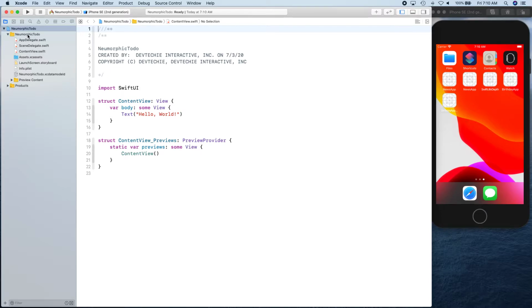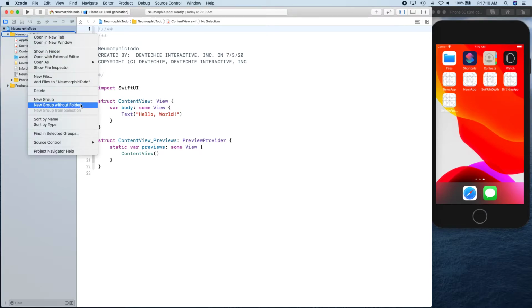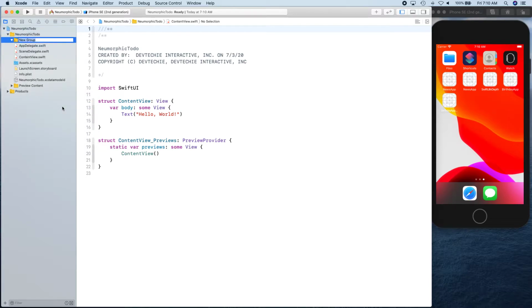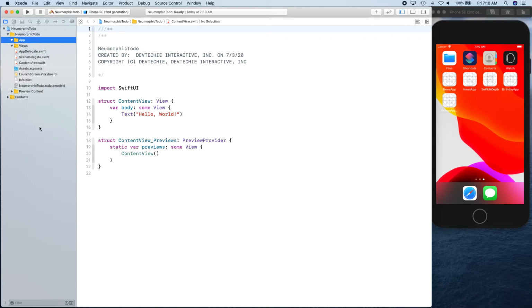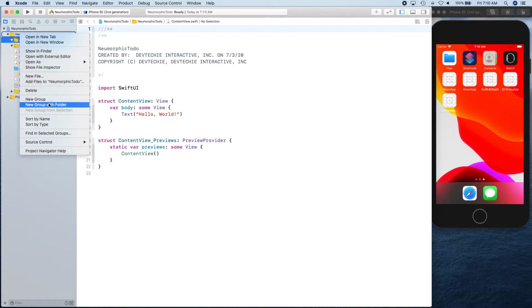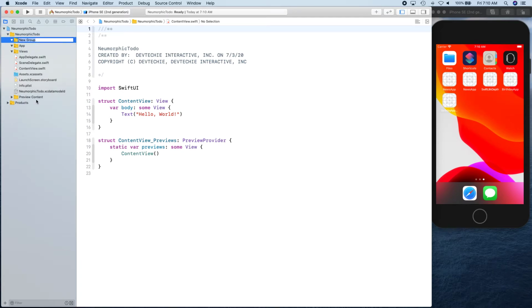So let's go ahead and organize our files first. I'm going to choose New Group without Folder, and we're going to create some folders. So, New Group without Folder, App, related stuff, and we're going to need some more. Now you notice this changed to New Group with Folder. So we just want to select New Group, and we're going to say ViewModels,